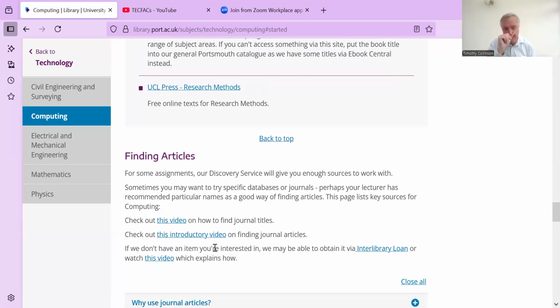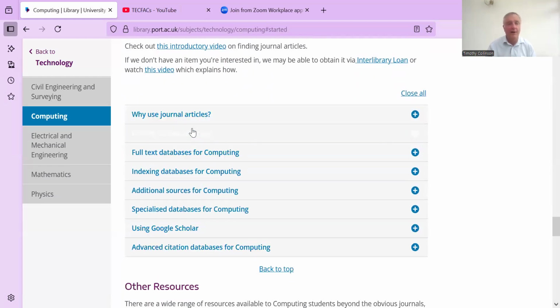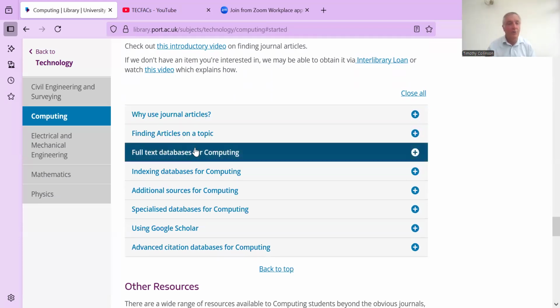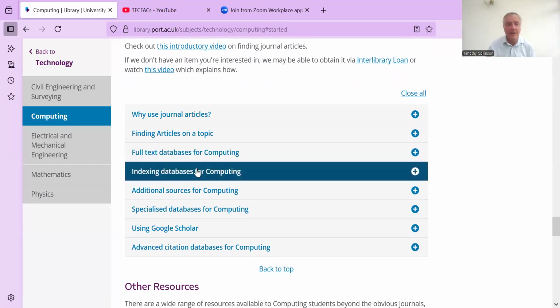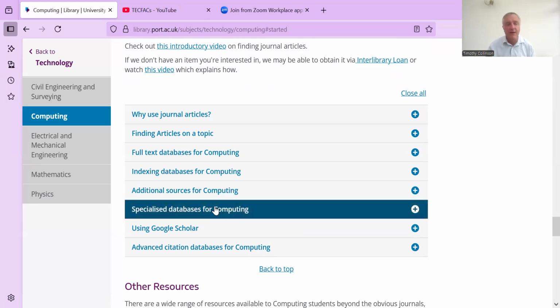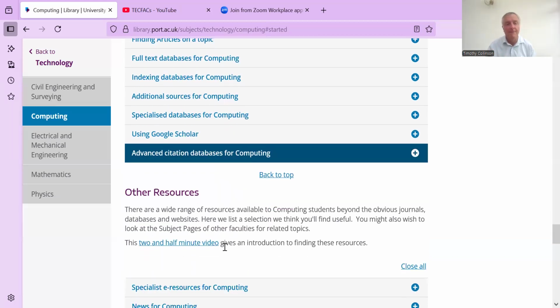And then continuing down the page, there's help on finding articles. There's a couple of support pages on why use journal articles and then how you can find articles on a particular topic. And then there's actual resource lists of full text databases, indexing databases, additional sources, and some other specialized databases, as well as Google Scholar and some citation databases. I'll get into this in more detail in another video, but you should know that they're all there and listed for you. And some of them will be in Discovery and some of them are not. So this is the page to come and find, particularly the ones that are not in Discovery,